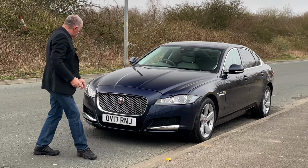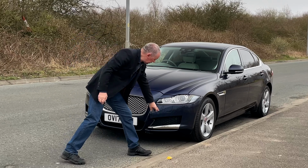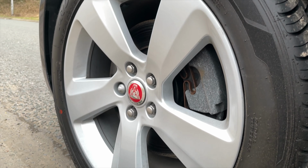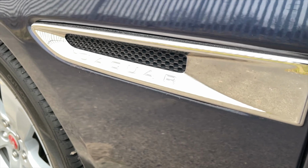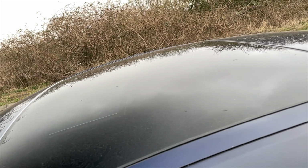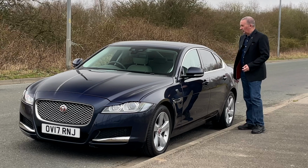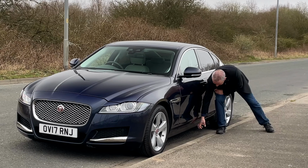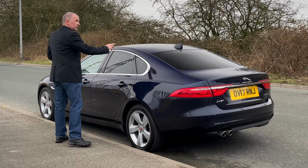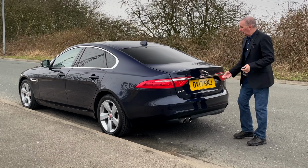Chrome Jaguar grille, we've got the high pressure headlamp wash, chrome trims underneath there as well. 5-spoke alloy wheels, chrome Jaguar trims on the wings, half folded door mirrors, glass panoramic sunroof, brushed aluminium trims down the windows, rear privacy glass, full massive plastic cover from there, shark fin aerial at the top, electric boot release,